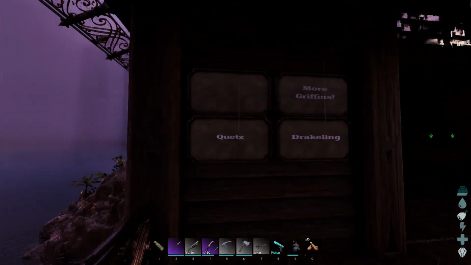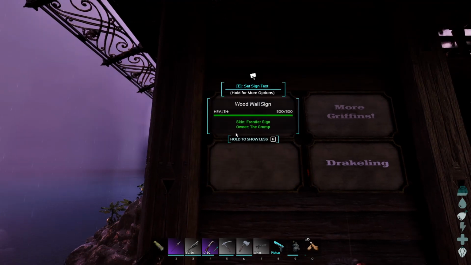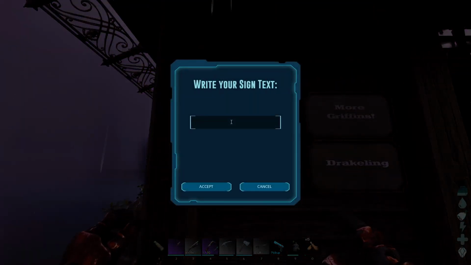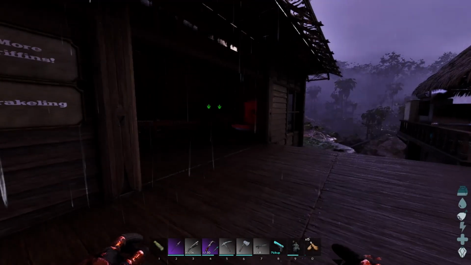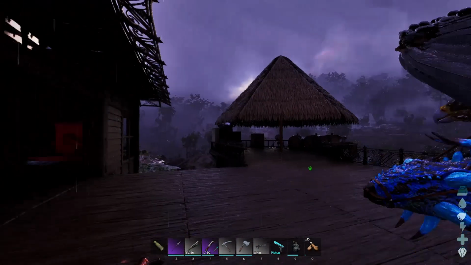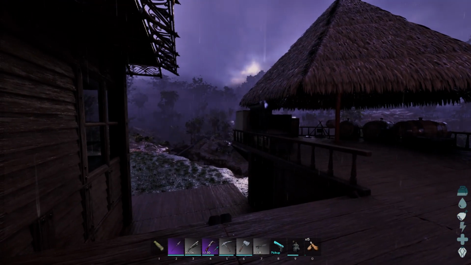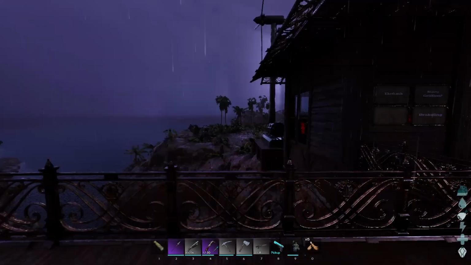Drakeling is on the board. Quet we're gonna go ahead and clear, so I'm going to put up the Elephunk. So Dinotherium, and I don't know how to spell that without looking it up, so Elephunk it is. Oh, what else do I want to do? I would like to...